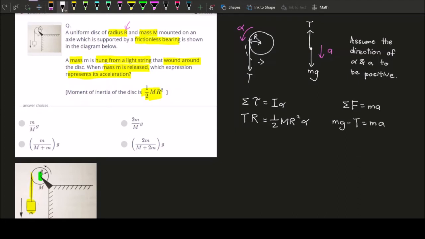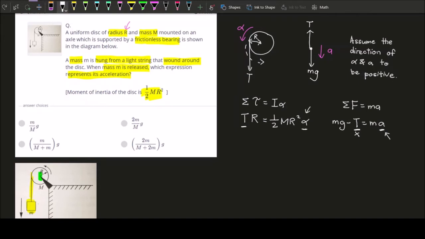So at this point, you need to merge these two things together. Only then can you find the expression for acceleration, because you want to remove this T over here. You have an unknown T and you have this unknown here. These two are unknown, but you want to find this, which means you want to remove the tension. So to do that, we cannot combine it yet because this is